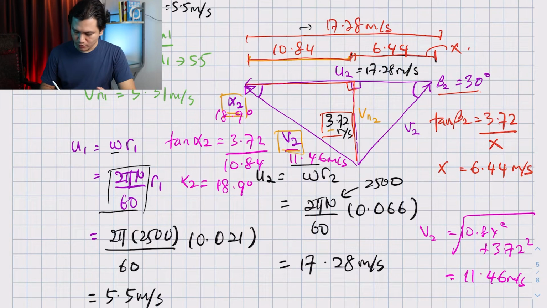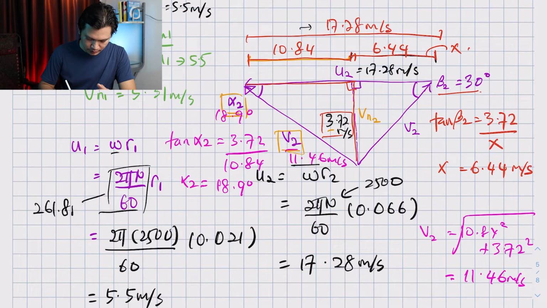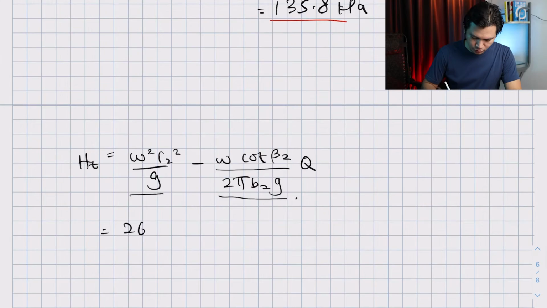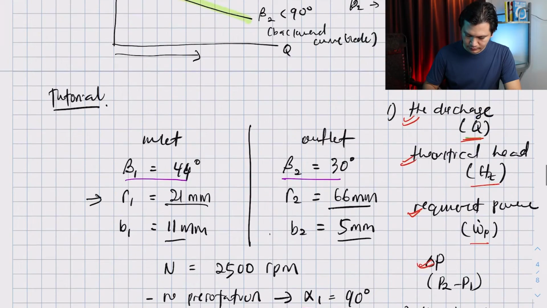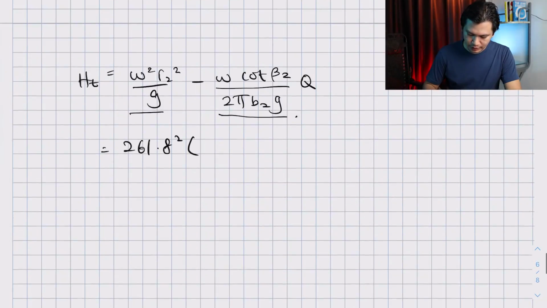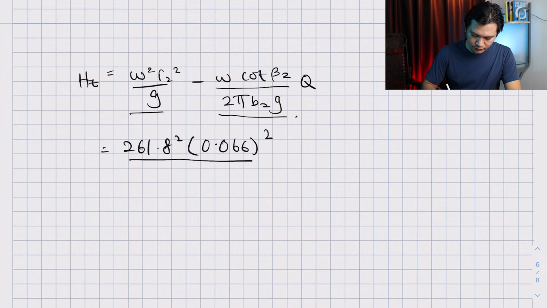This is 261.8 radian per second. So 261.8 squared times R2 squared. R2 is 66 millimeter, 0.066 squared, divided by 9.81 minus